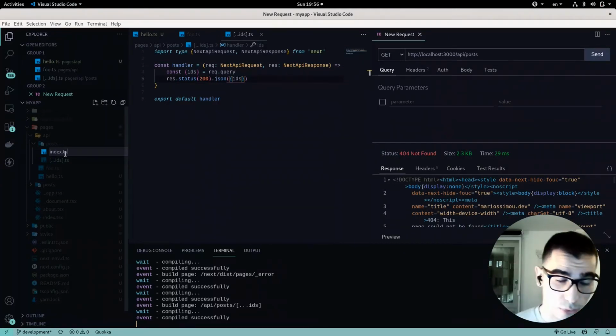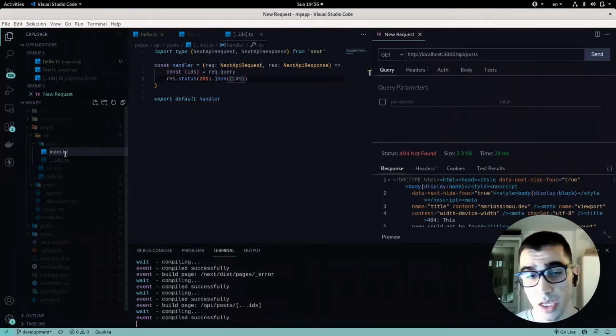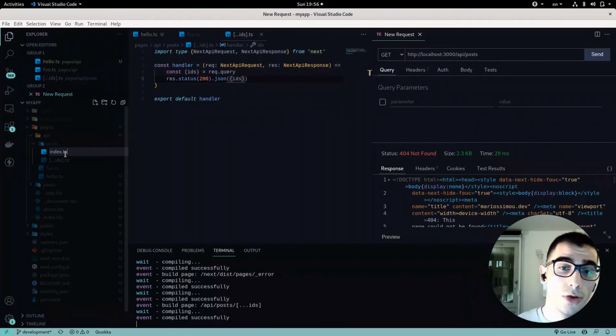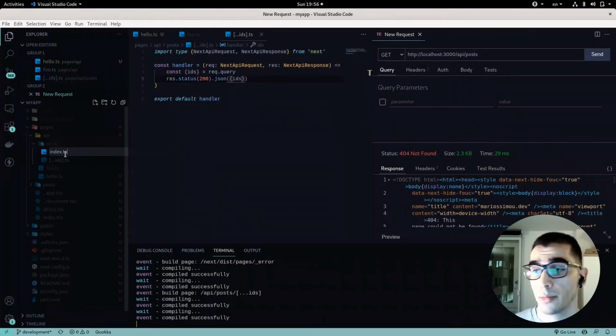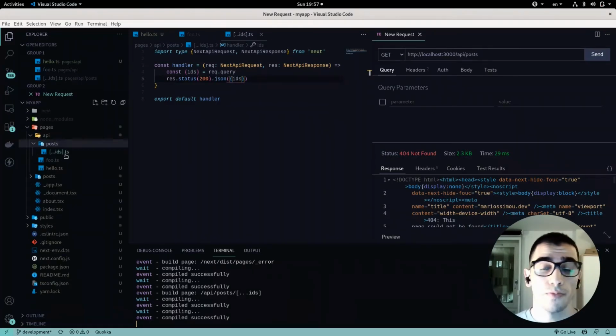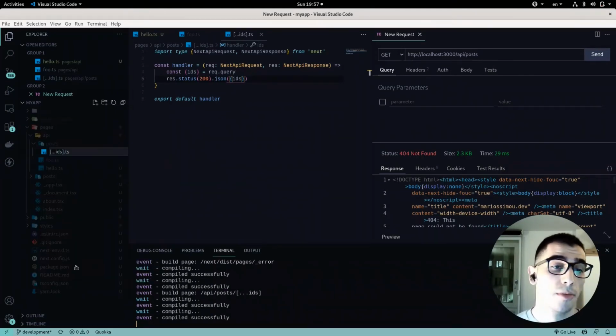That's the most common practice, and it's aligned with the REST convention. For example, when you make a call to post, you want to get all the posts available from your data stores and return them to the users. If you want to get a particular post, then that would be provided as a parameter, and the implementation of each functionality should be in a separate file. But if you want to have